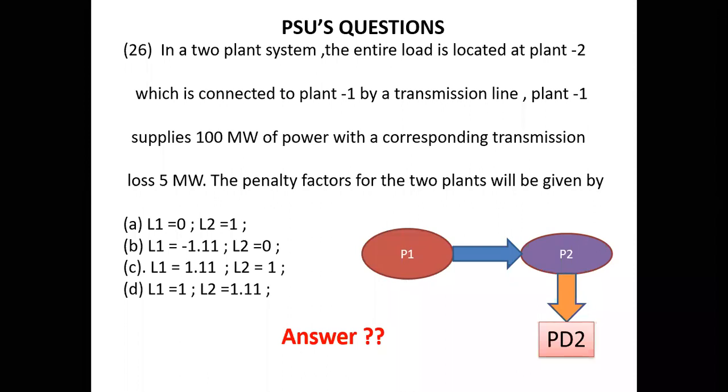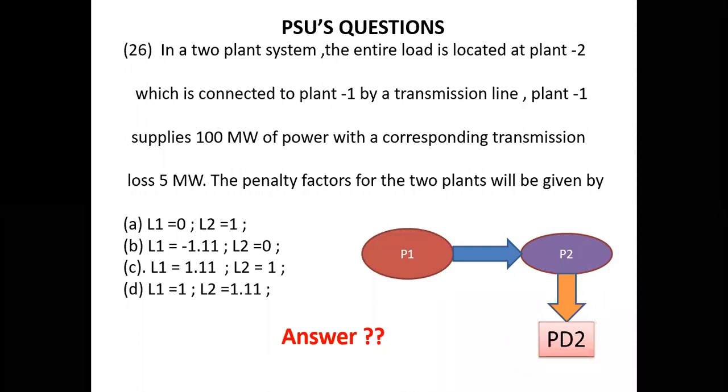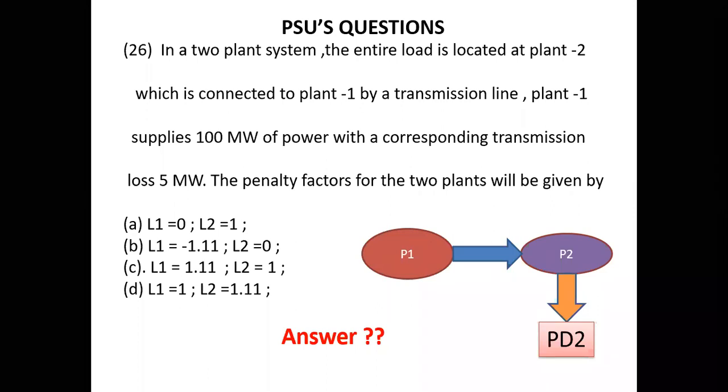See, most of the people are giving the response in between B and C options. So the people who are giving the response as B, once observe the given option, what is the value of L1 and L2? Just observe what is the value of L1 and L2 in B option.